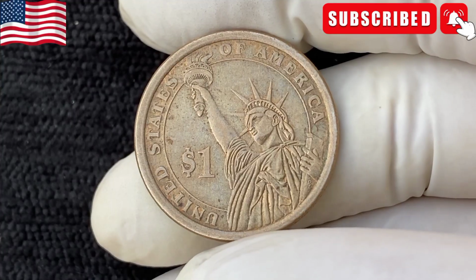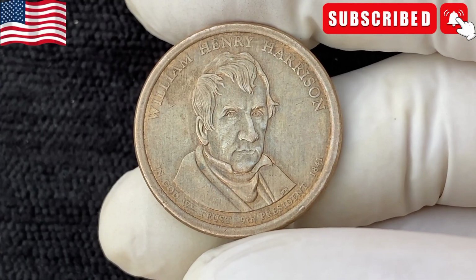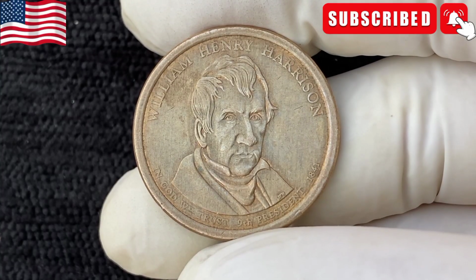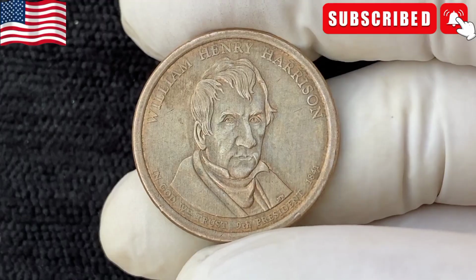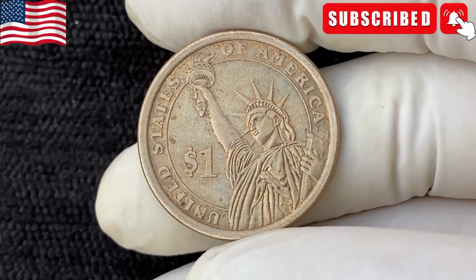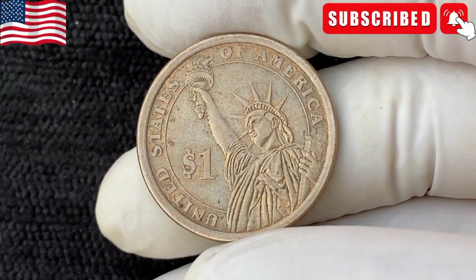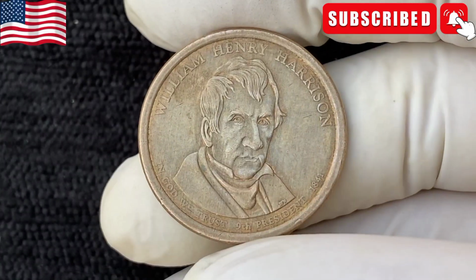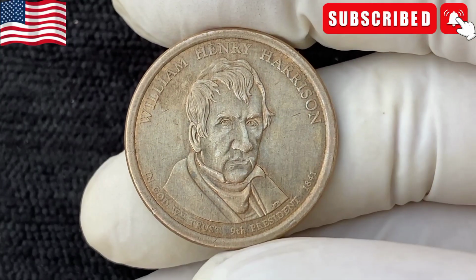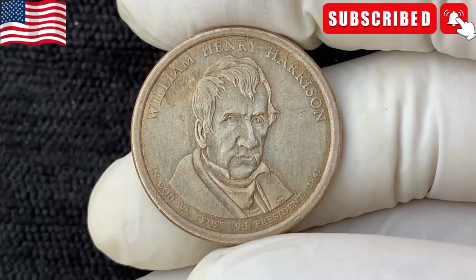Now, let's take a closer look at the design of the 2009 presidential gold $1 coin, which beautifully captures both Harrison's likeness and the history he represents. On the obverse, we see a striking portrait of President William Henry Harrison, designed by engraver Charles Vickers. The portrait is based on a famous bust of Harrison, conveying both his military bearing and dignified nature. Surrounding the image are the inscriptions, William Henry Harrison, 9th President, and the year of minting, 2009, solidifying his place